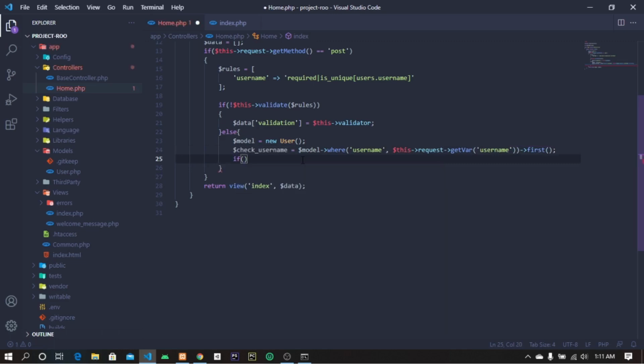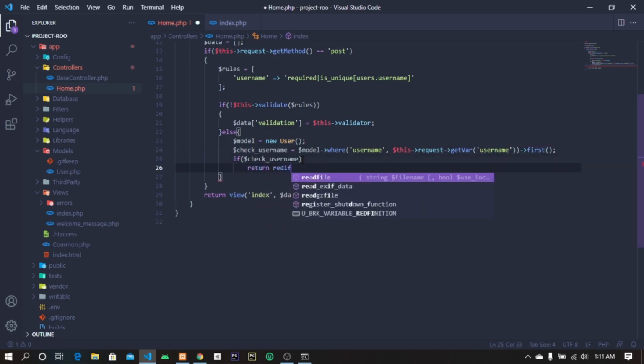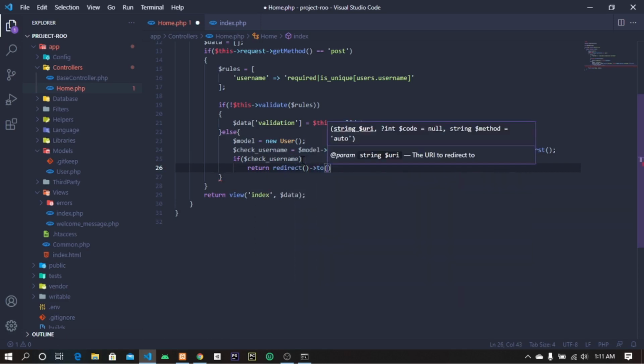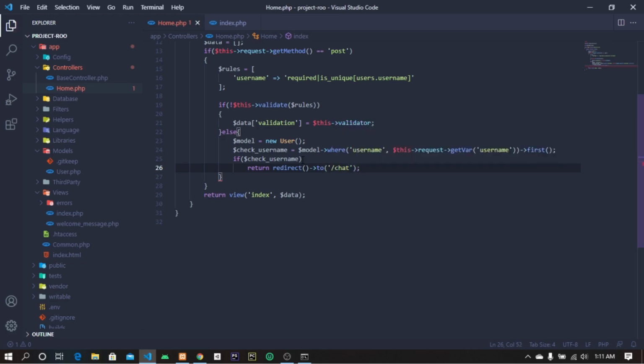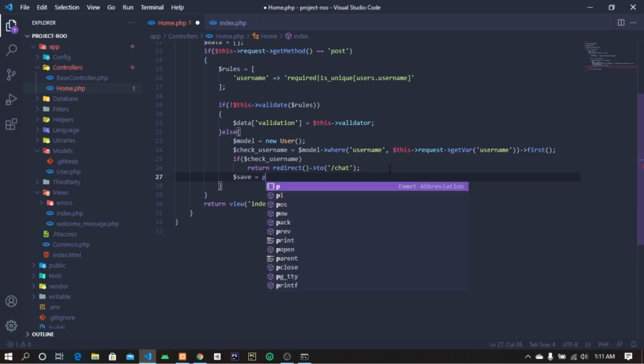Then we're gonna do if check username, so just return redirect to, so it's gonna just direct you to the chat page. Then else we're just gonna create a new data. So this is data, sorry, save is gonna be equals to this. Okay,